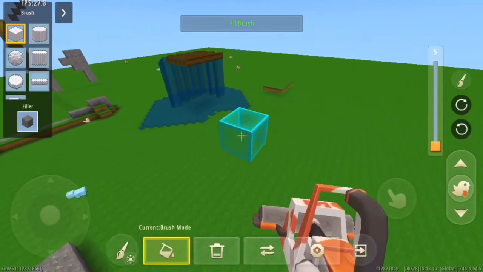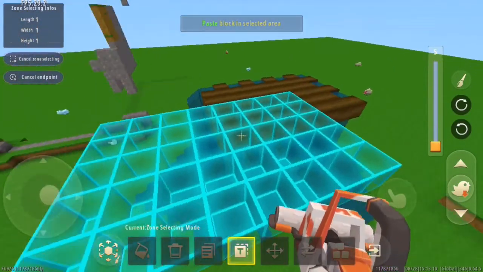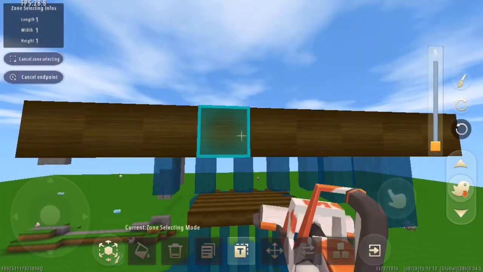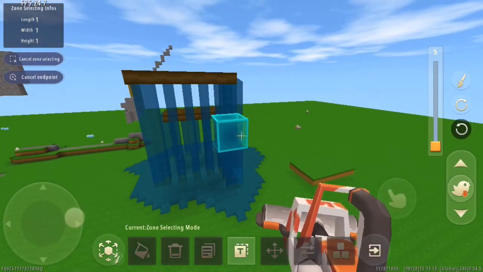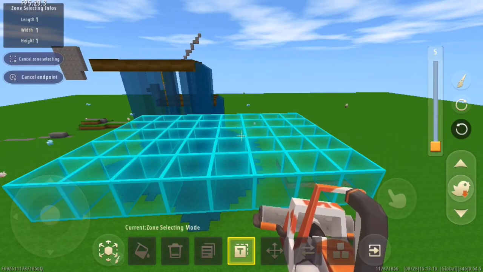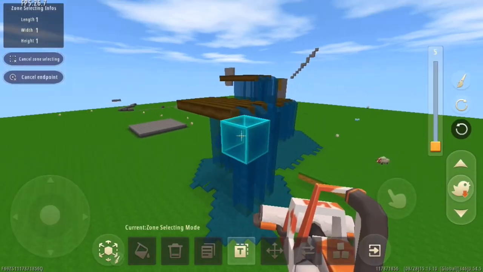If I hop back into this menu right here, then you can see that it saved what I had previously copied. So you don't have to stay in this menu all the time. If you want to travel across a long distance, then paste it there. You can just get out of the menu, and then when you get to wherever you want to paste it, it will automatically save what you have already copied.